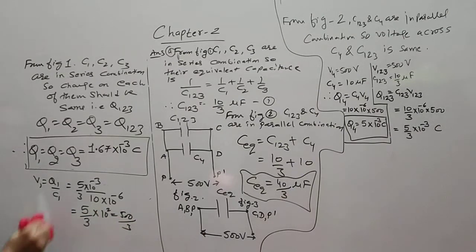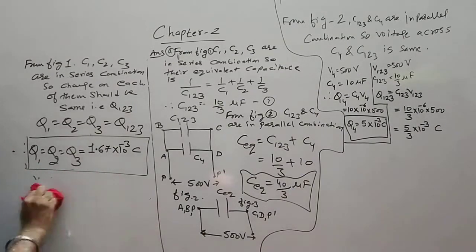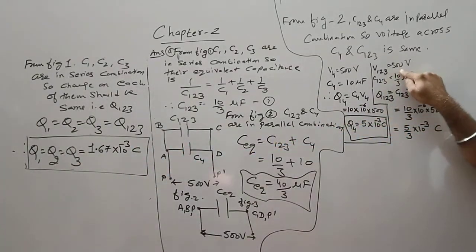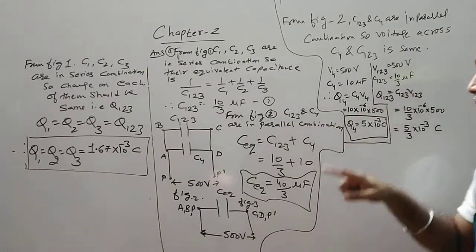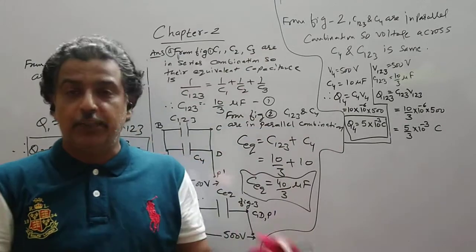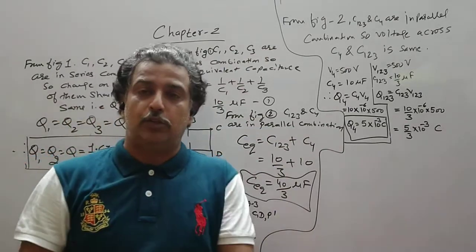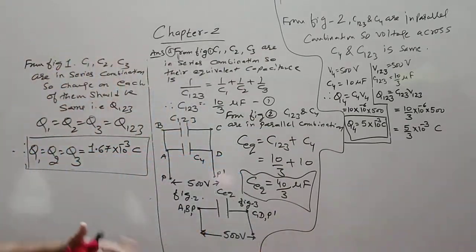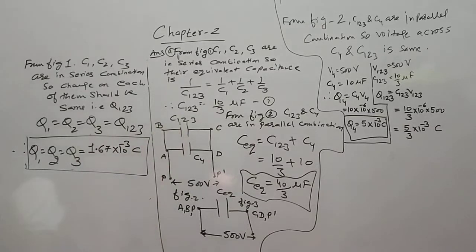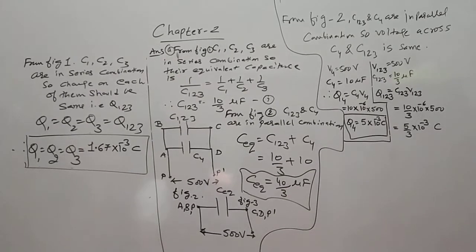So if you want to find out V1, you can easily find out V1, V2, V3. So it should be clear that V1, V2, V3 total should be 500, and if the charge on each capacitor is same and C is also same, the voltage should be divided equally. So directly you can write 500 by 3. I hope you understand this concept. The numerical was easy because C1, C2, C3 values were same. We will see another numerical where the values will be different.